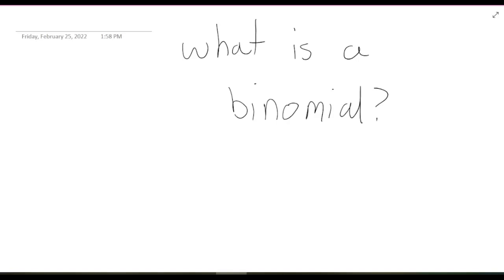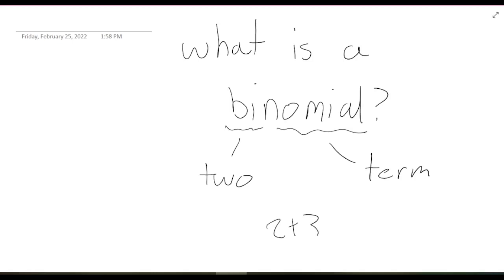So today we're going to be talking about how to multiply two binomials. So first let's ask the question, what is a binomial? Well, let's break up the word, right? So we have bi, which means two, and we have nomial, which we can just call term, right? So what do we have here? We have two terms. So if we have something like 2 plus 3, this is a binomial because we have